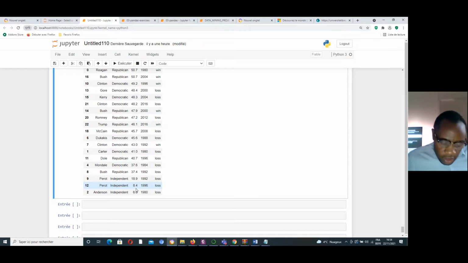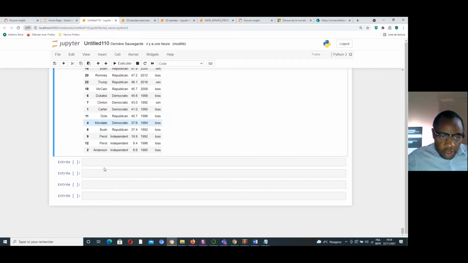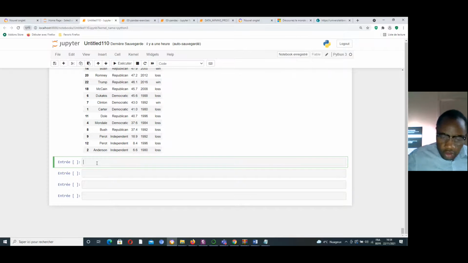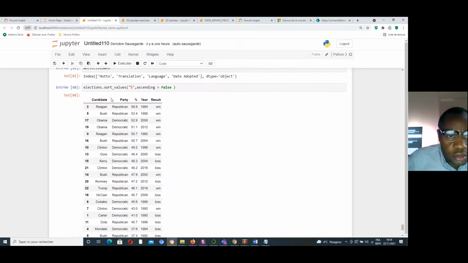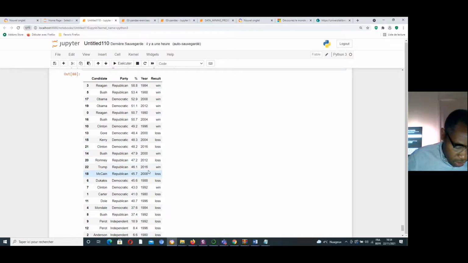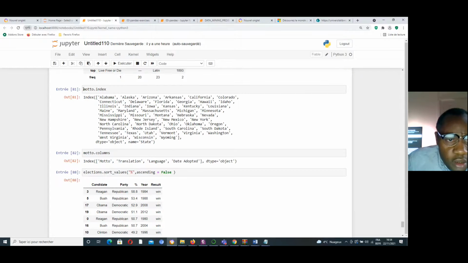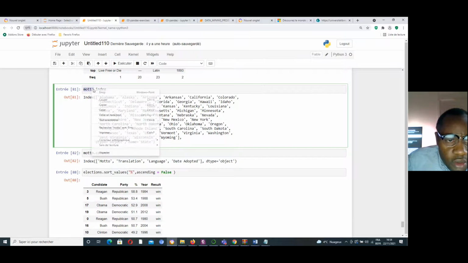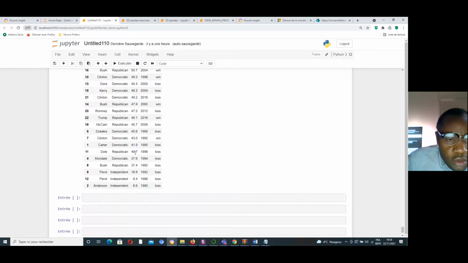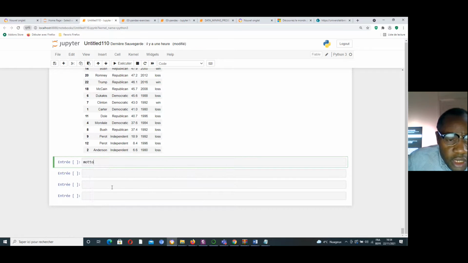We can also use sort values on a Series object. How to do that? I can use this one, like that.